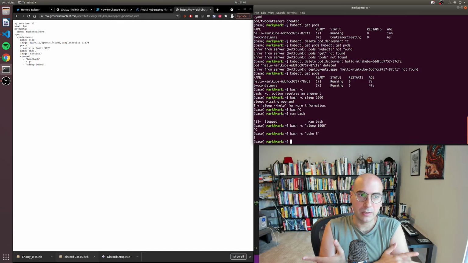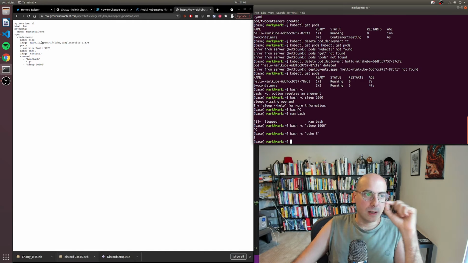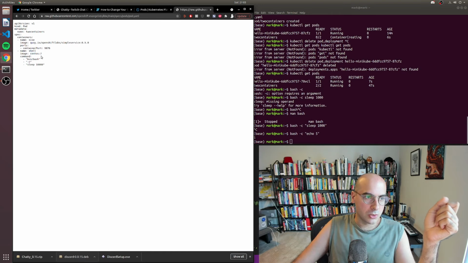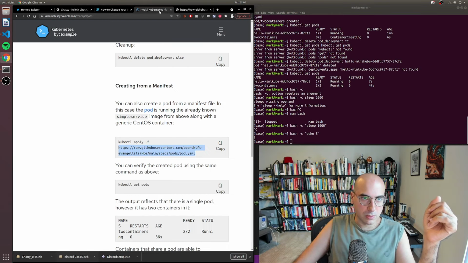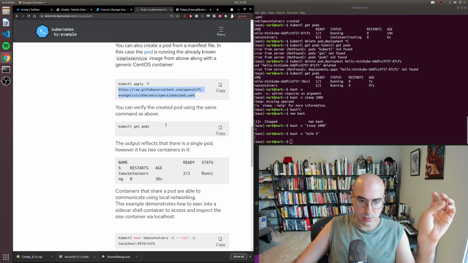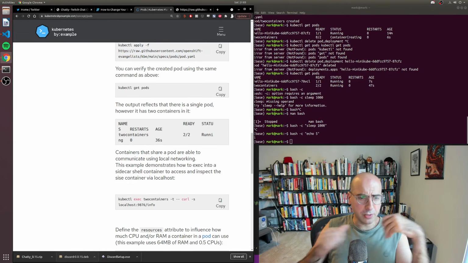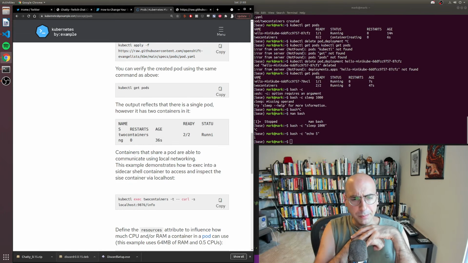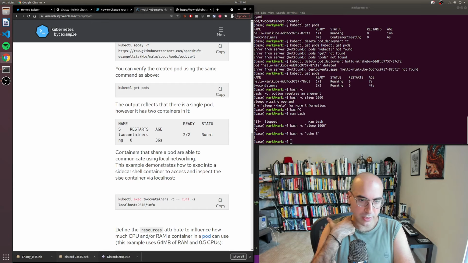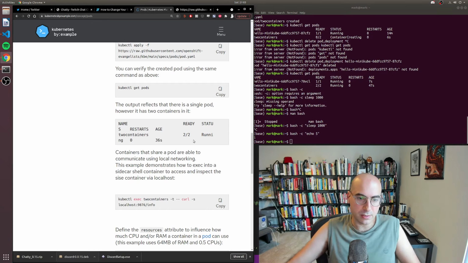One of them is gonna be running the simple service.py on this port, and then the other is just a shell program with CentOS doing this thing. Okay, that's all good. So containers that share a pod are able to communicate using local networking. So it demonstrates how to exec into a sidecar shell container to access and inspect the sidecar container via localhost. So if I run this,